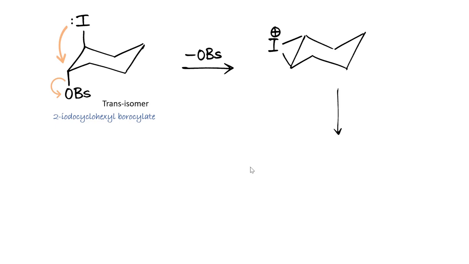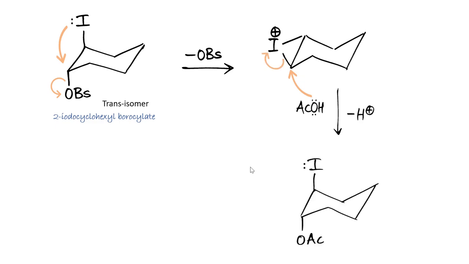Now, the next step is acetolysis. Attack of this acetyl group, that is the oxygen lone pair, will attack this carbon and electrons will be restored on the iodo group. So you will get the final product after deprotonation. The acyl group is newly substituted on this carbon at the position of the leaving group. The intramolecular SN2 attack gives inversion of configuration, and after the second intermolecular SN2 attack, again inversion of configuration, so finally you will get retention of configuration. But this is about a trans isomer.